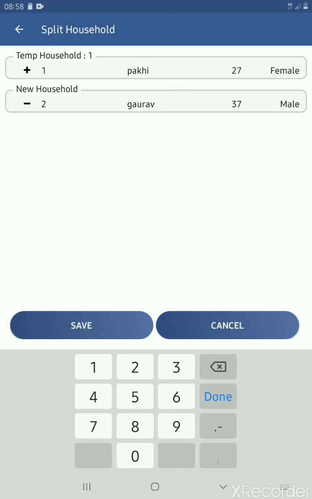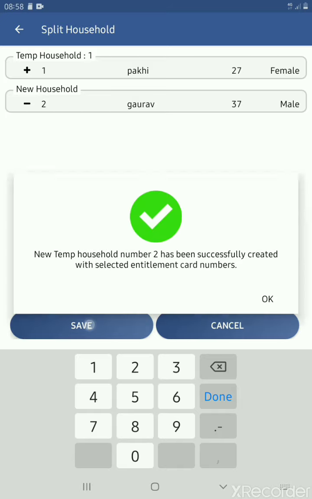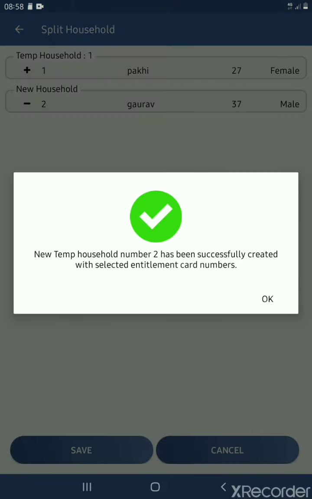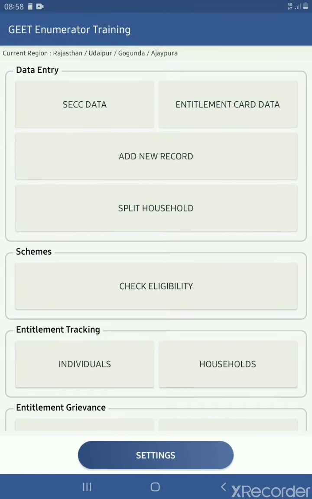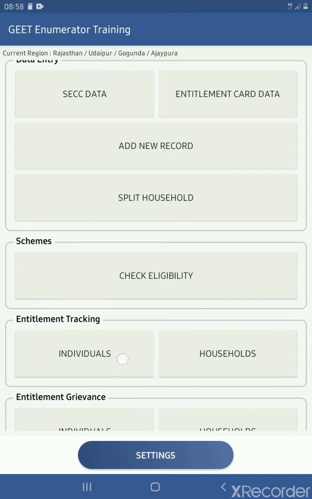Say we are clicking on Gaurav, so it will create a new household for Gaurav, and we will click on the save button. Now we have a new household with the temporary household number 2, which has been created successfully. So in this manner we can split the household. So this is all about the data entry part.